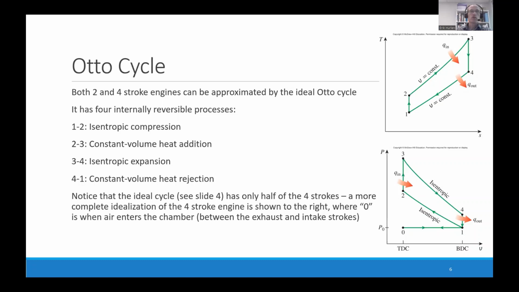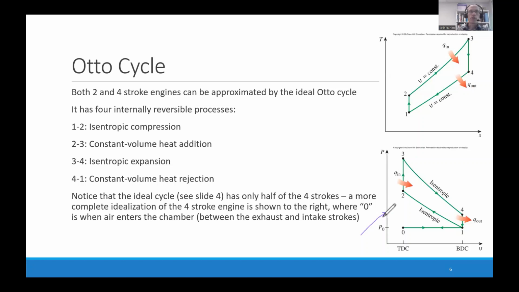1 to 2 is an isentropic compression, 2 to 3 is a constant volume heat addition, 3 to 4 is an isentropic expansion, and 4 to 1 is a constant volume heat rejection process. As indicated earlier, thermodynamically nothing is happening during either the exhaust or intake cycles for the 4-stroke engine in this idealized process. So a better PV diagram is shown here,